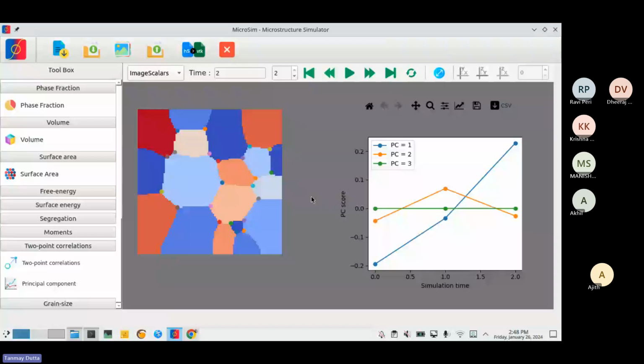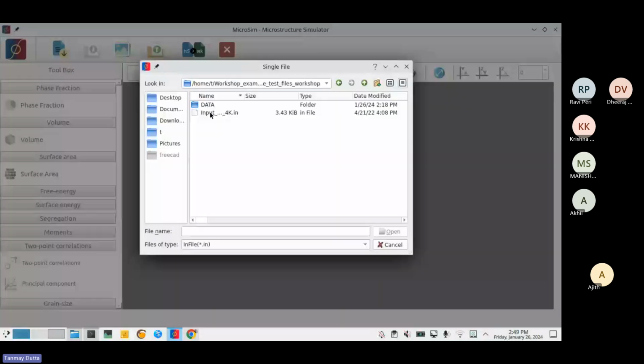Surface area plots are also there. Not in this one, but in the other one, the dendrite and everything. Surface, volume, phase fraction, all of that. There's a huge data set. So sharing the data is